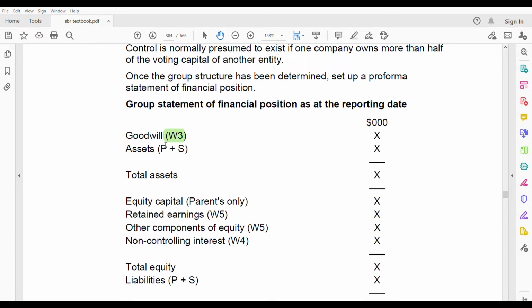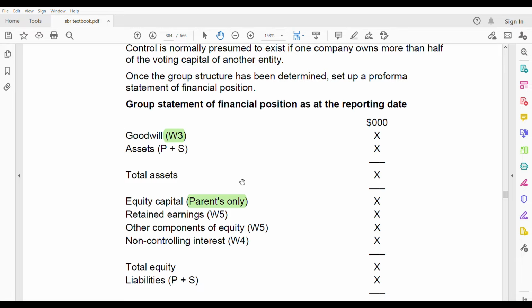Next, assets. P is the parent, S means subsidiary. If there are 2 subsidiaries, then P plus S1 plus S2. So parent and the subsidiary. You are not taking the percentage. Remember, let's say you have acquired 70% of a subsidiary. You are not taking 70% of the assets of the subsidiary. No. 100% of that asset you are taking. That 70% is given only to know whether it's a subsidiary, whether you are having control or not. That's it. Rest all you are taking 100% of the subsidiary's assets, liabilities, income, expenses, everything. So parent and subsidiaries' assets. Then when you are going to the equity capital, what do you need to remember? Only the parent.